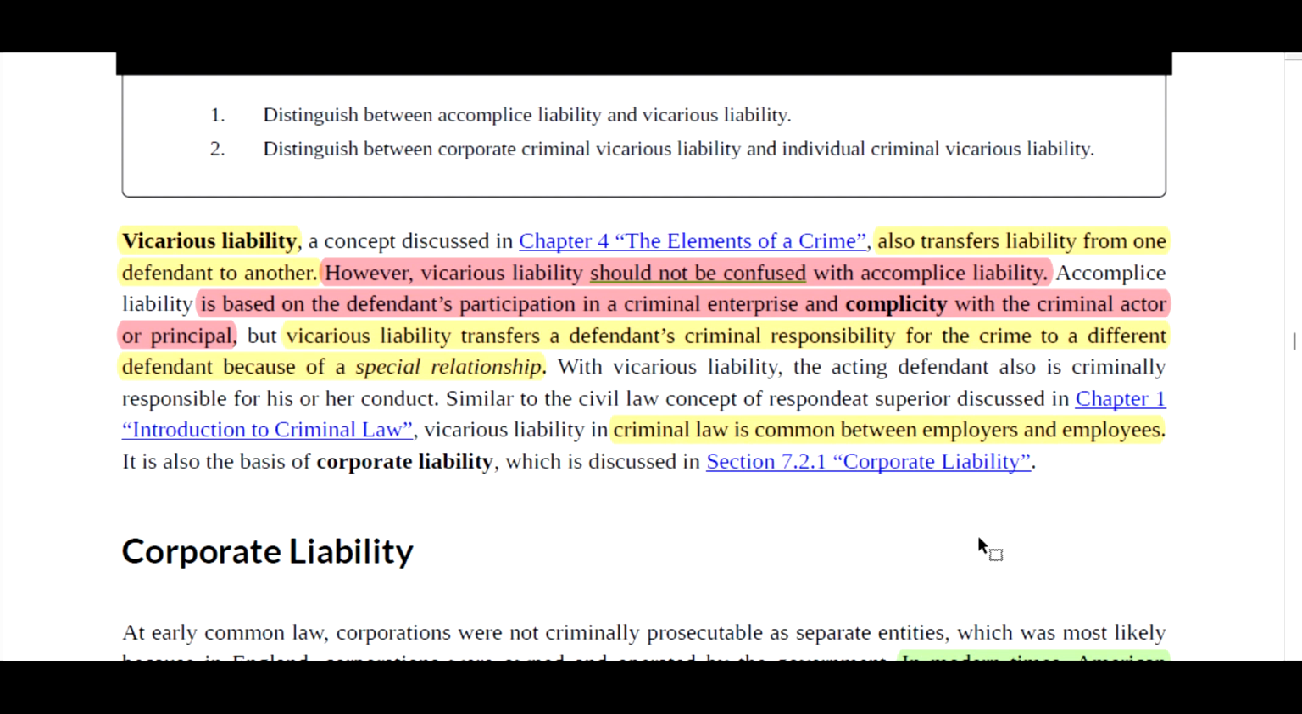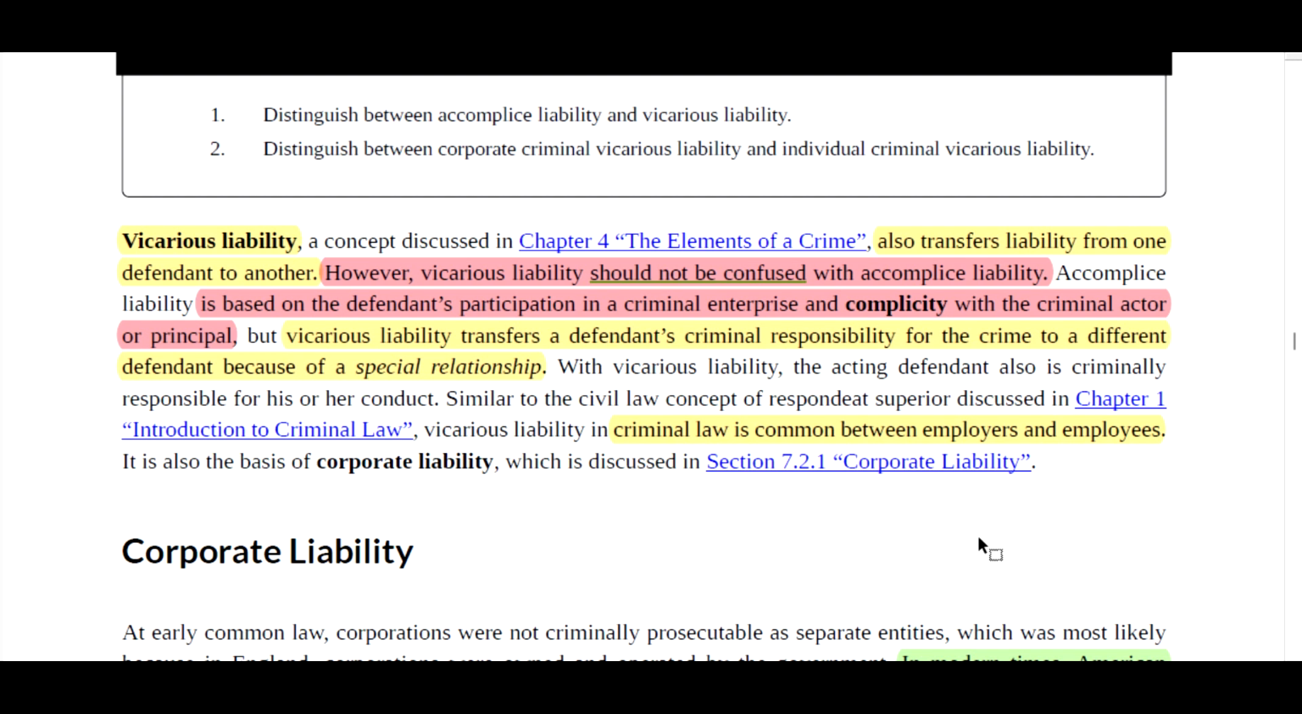All right. So the second part of this chapter, second part of three, is vicarious liability. You've probably heard the term vicarious before. Probably, parents live vicariously through their children or things like that. Obviously, vicarious means that it's through someone else. So the concept itself is transferring liability from one defendant to another. When we talk about vicarious liability,